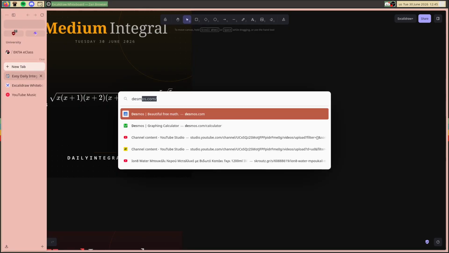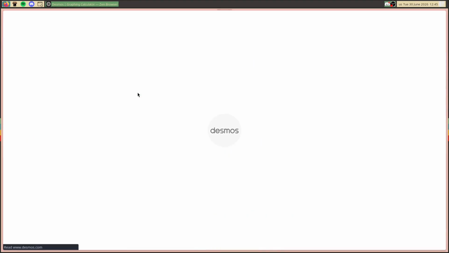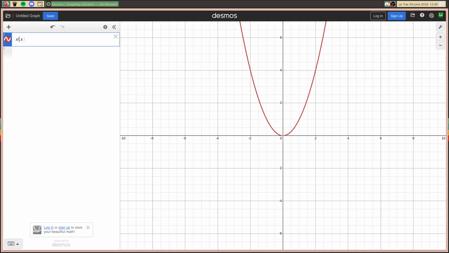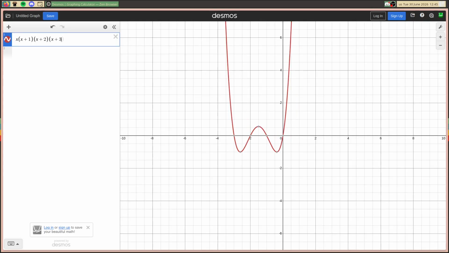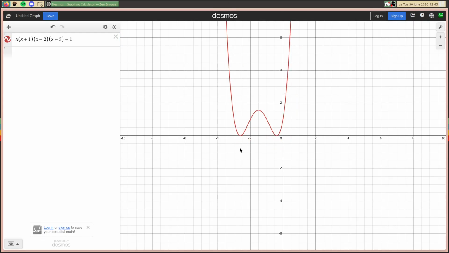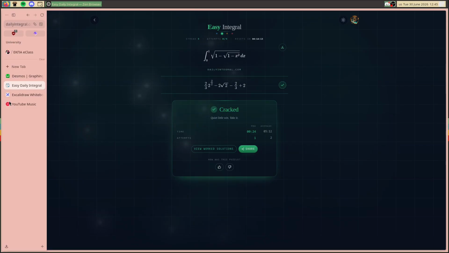So again, if I plot this function that I'm asked to find the integral of, notice that there is a symmetry point around negative 1.5, which means that if we apply a translation,